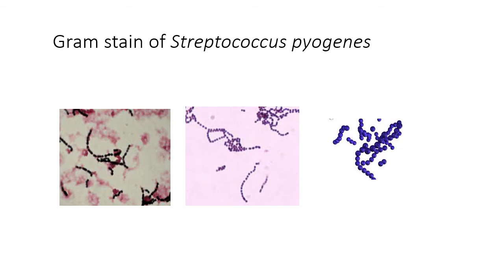Now this is the gram stain appearance of another bacteria, which is Streptococcus pyogenes. Most streptococci will give you this kind of appearance, that is gram positive cocci in chains, and you can see that the chains are very long. So this is a very characteristic appearance of Streptococcus pyogenes. Here you can see the fibrinous material because it's been taken from a clinical isolate, and again you can see the nice long chains. So when you see long chains, you want to start thinking of Streptococcus pyogenes.